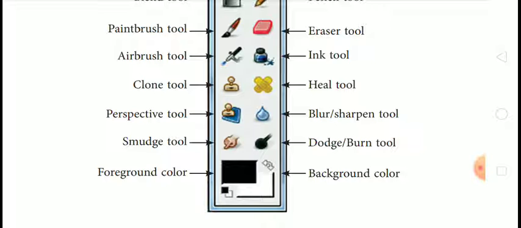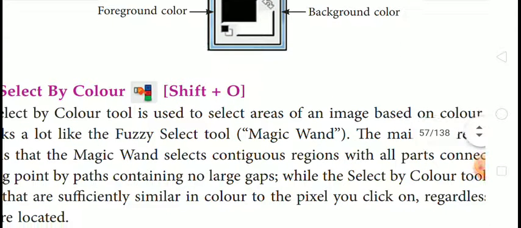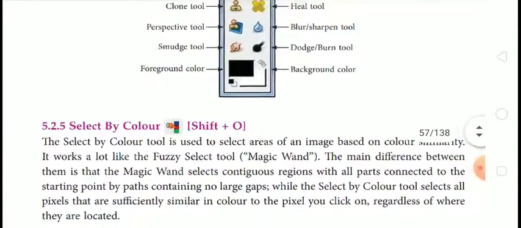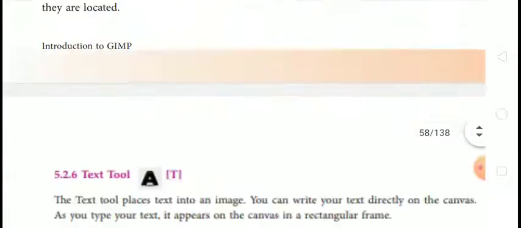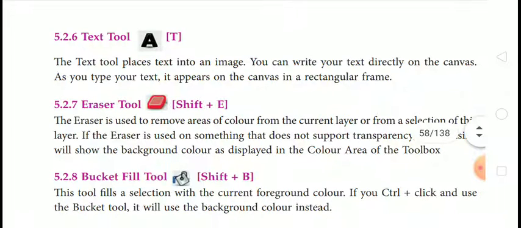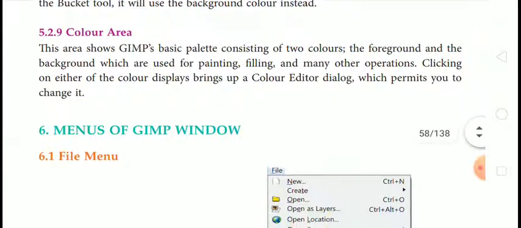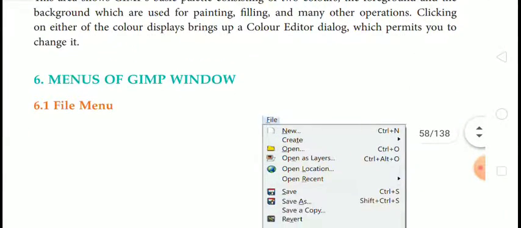So this is all the toolbox which is provided by this software. Next one, select by color tool, then text tool, eraser tool, bucket fill tool and color area.